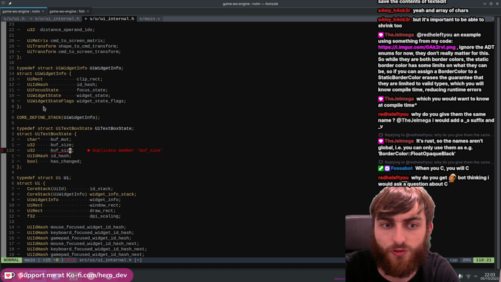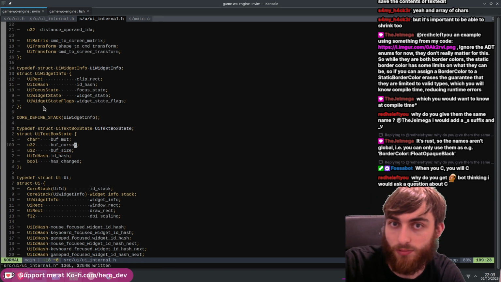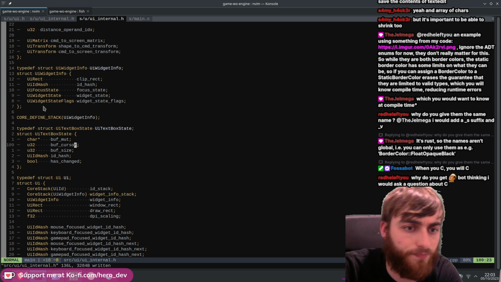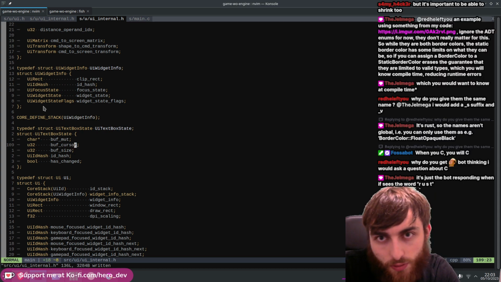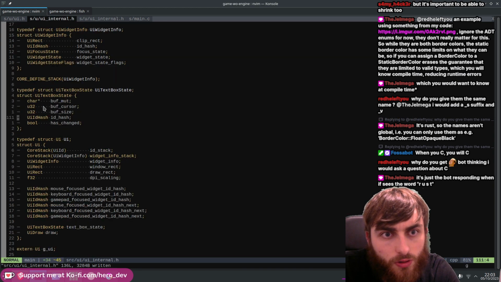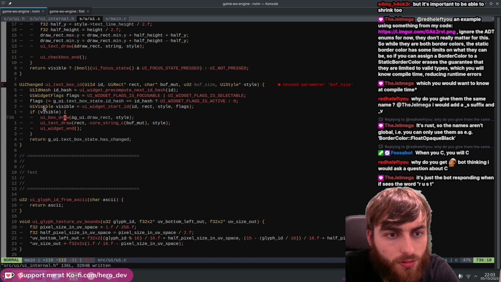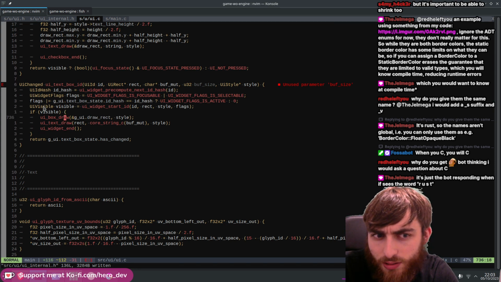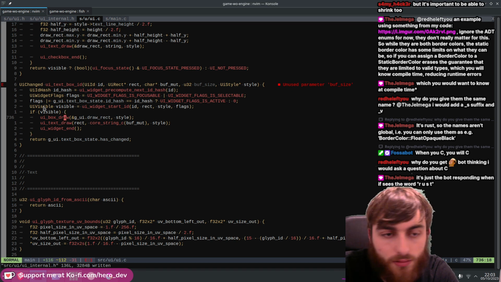We need to store the size. We also need to store a sort of cursor location, right? So when you click it and it's new, you sort of need to make sure you put that in the right place. So there's that. So what you want to be able to do is say,